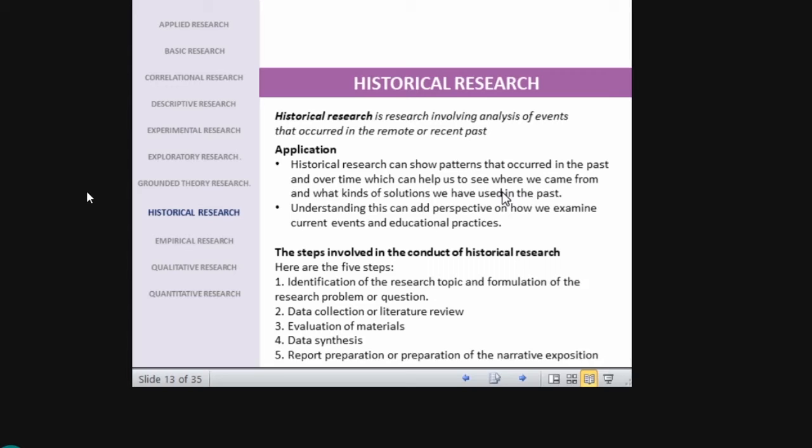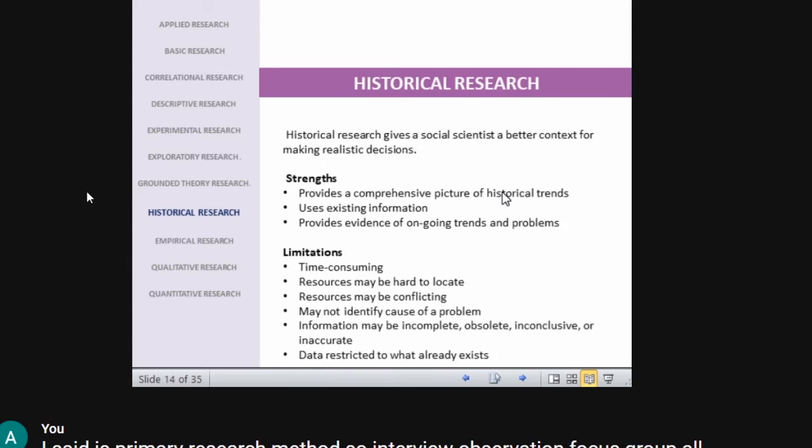So which generation became tech savvy, which generation was print savvy, like that. You will be able to identify the sequence of timelines based on historical research, right? So when the concept of digital library came out, and traditionally how libraries were functioning, these are the historical questions you can explore.